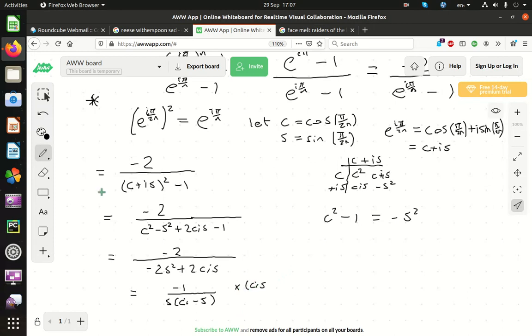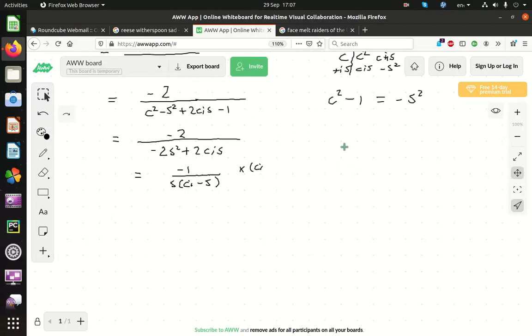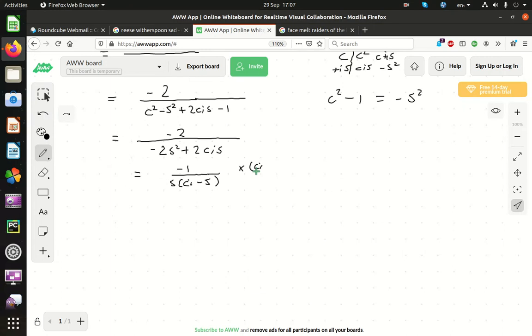You're probably thinking you preferred the book's way of doing it. Well, it's okay. I'm going to talk about the book's way of doing it as well. But I'm just trying to teach you flexibility in the way that you solve things. It's okay sometimes to do things differently. That's going to give us minus ci minus s